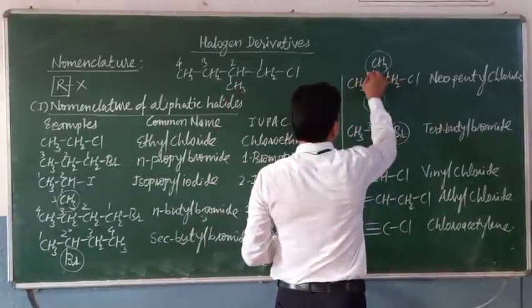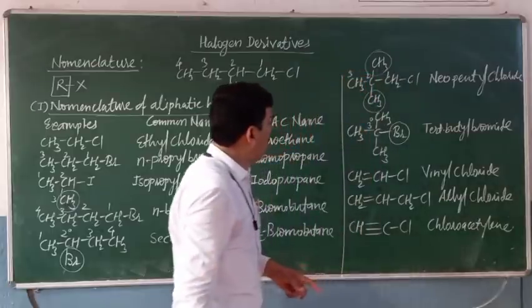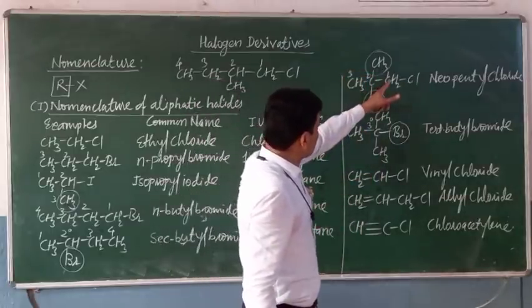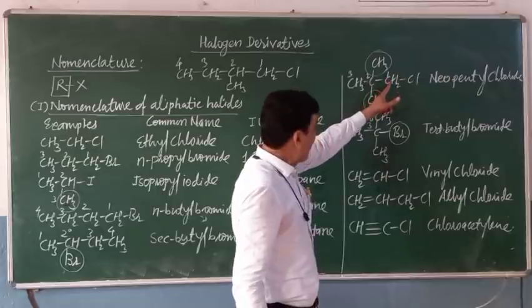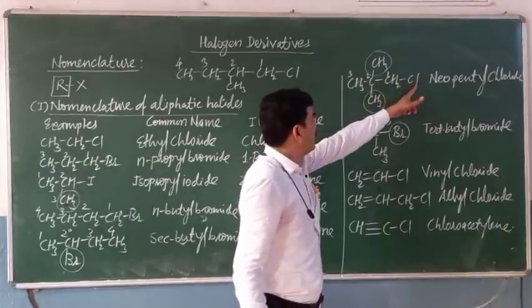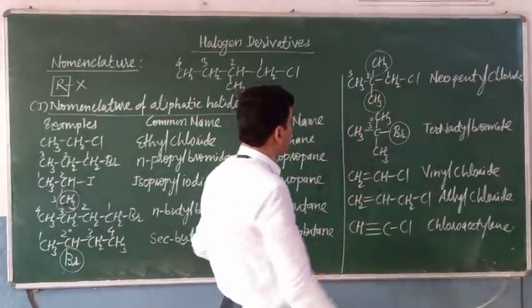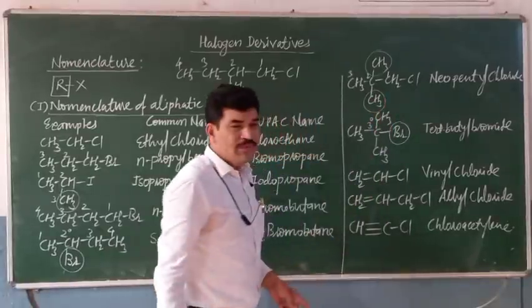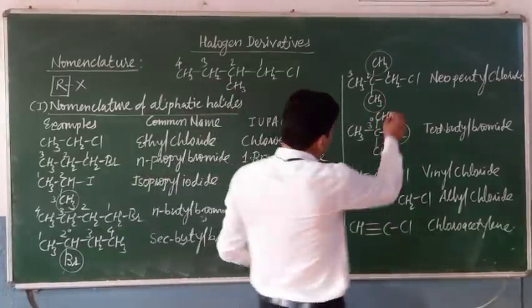Here the parent alkane is propane, and these carbon atoms are numbered in such a way that the carbon bearing the halogen should get the lowest possible number. Now, what should be the IUPAC name? The IUPAC name